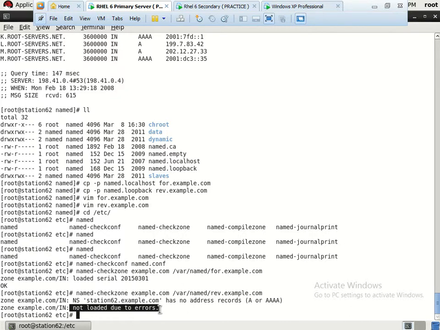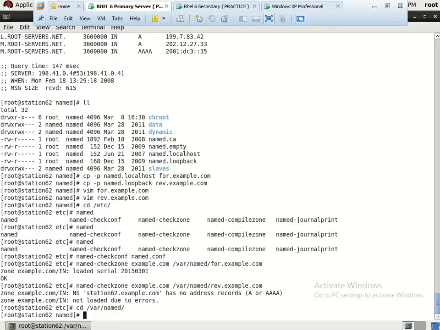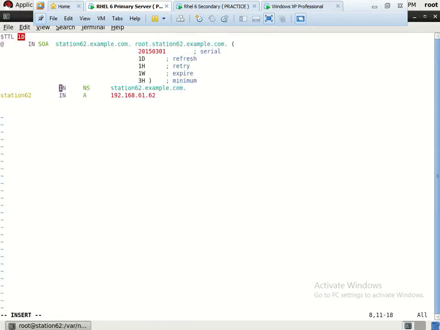There is an error showing here, not loaded due to error. Let us check. In my opinion, there is no pointer record here. No, sorry.